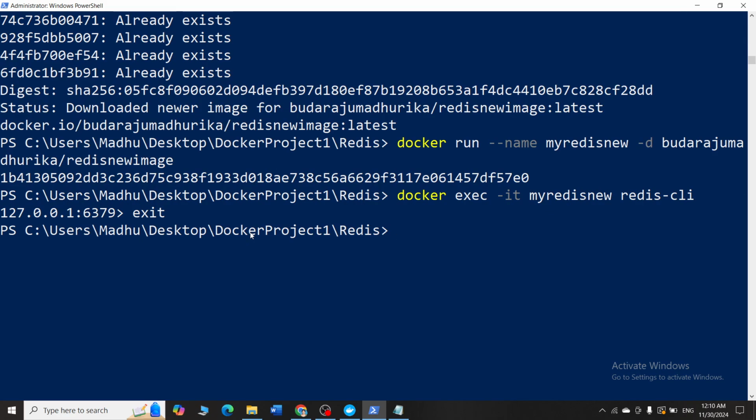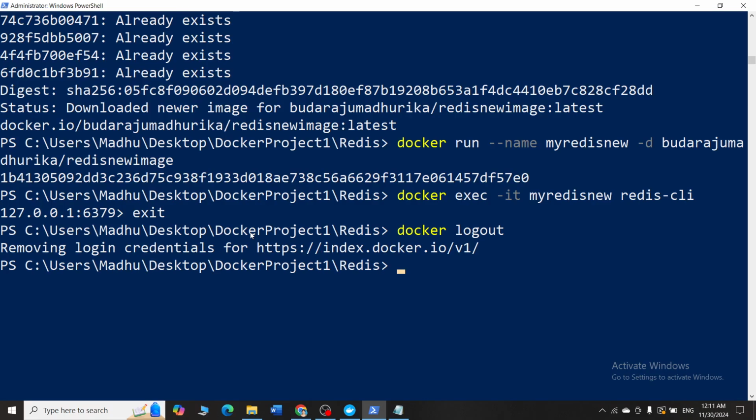Right? Now you will say exit, and then you will say docker logout. Make sure that if you have logged in to Docker, have a habit of logging out also, because it will give you an error in the future. So this is how you have to create images, run them as containers, write Dockerfiles, create your own images, push into Docker Hub, pull the images and all. Okay, so this is all about your basic CLI commands. Make sure you're practicing, taking screenshots at every step, and saving this part 1 and part 2 in a single document. Thank you for this session.